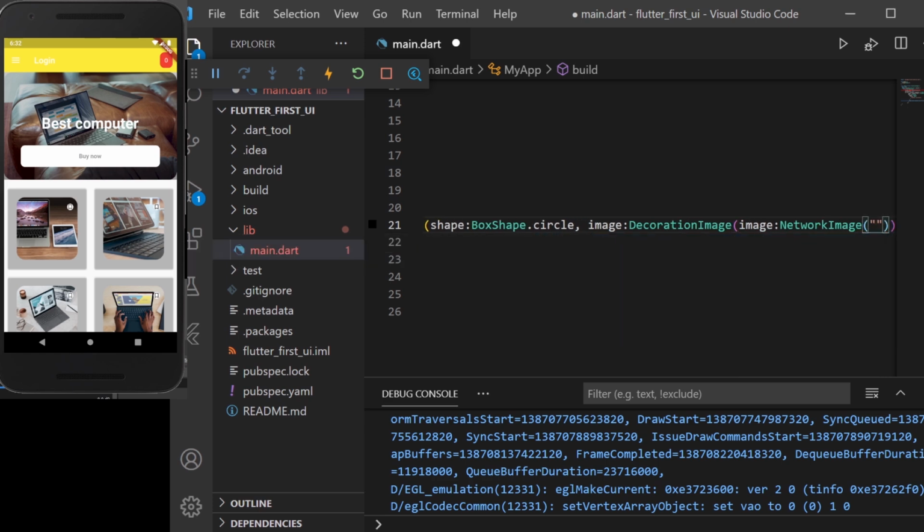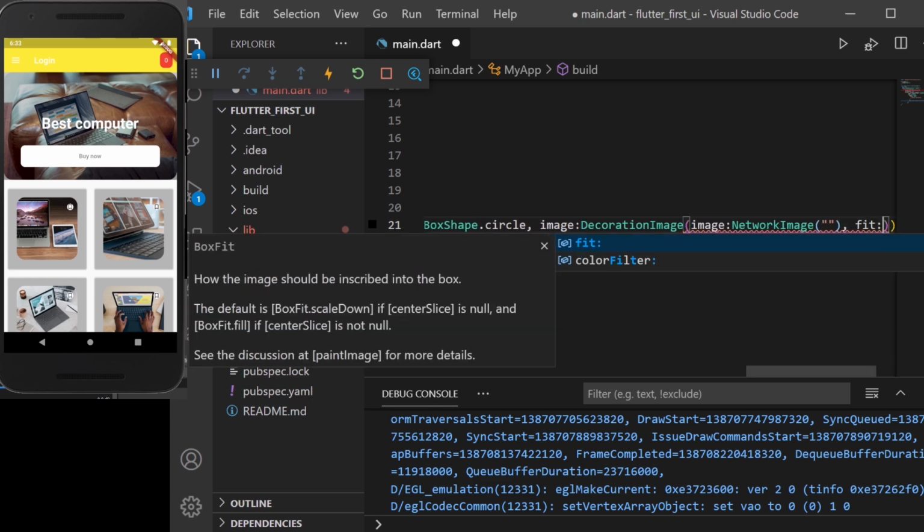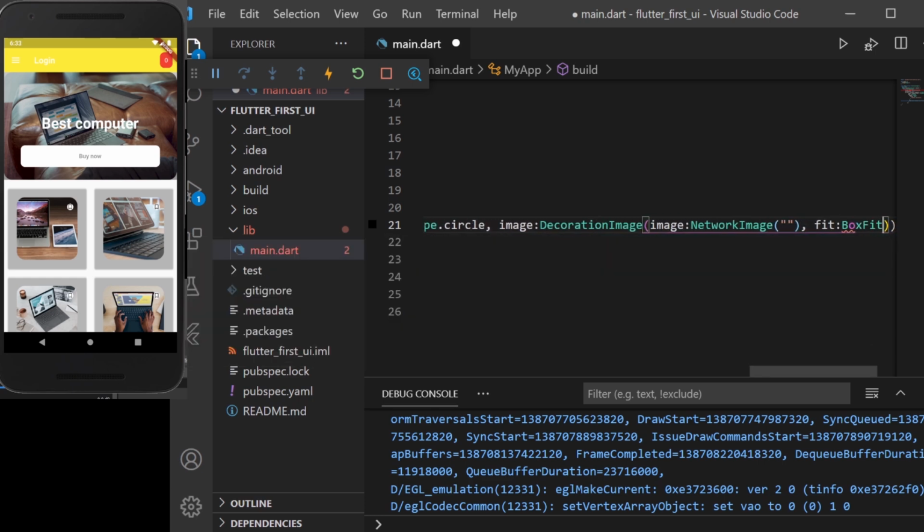I'll be adding a link in a while, and I'll add the fit to be box fit dot fill, so it will be filling all the available space. Let me copy the link from the website and I'll add it inside this.